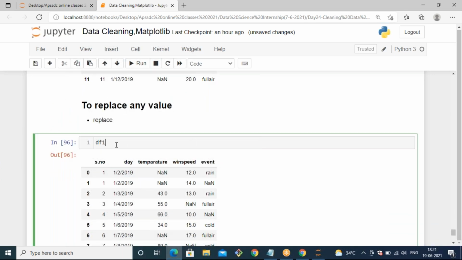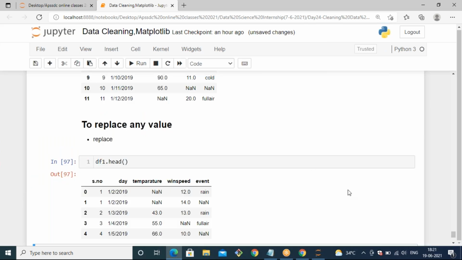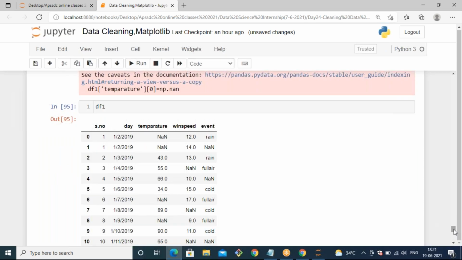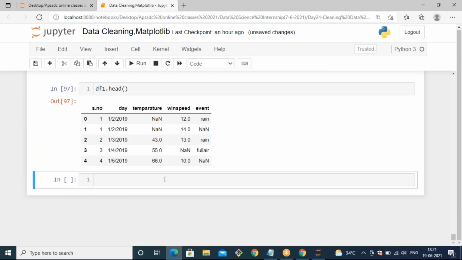So let's see. df1 dot replace of, there you need to mention which value to which value you want to replace. I want to change the rain value into sunny.